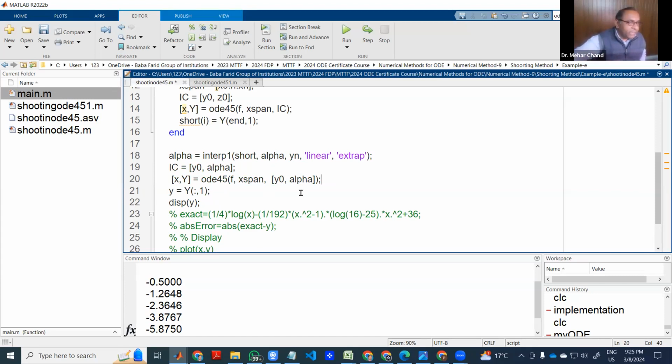Here alpha is equal to interpolate, with the values we are shooting now, shoot I, and shoot and alpha. The value which we choose corresponding to alpha, this yn is the last value. By using this interpolation, we want to target this yn,